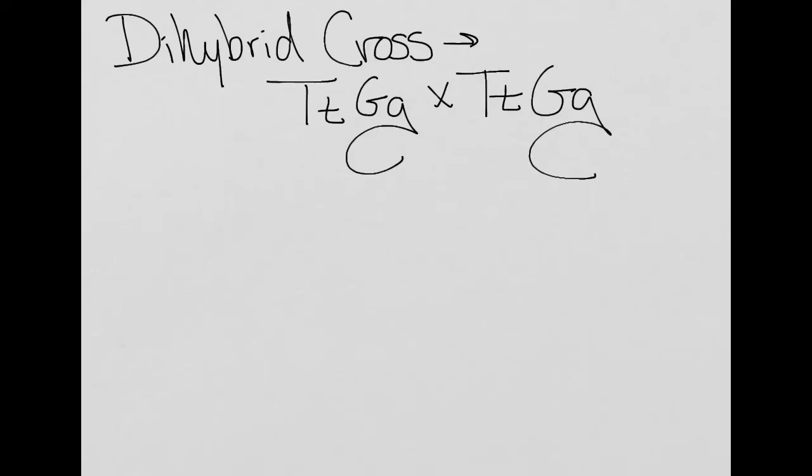All right, so this is the second video on dihybrid crosses, continuing our understanding. In the last video, we talked about what the dihybrid cross was and how it relates to Mendel's law of independent assortment. We also determined how we can find out the gametes for an individual with a dihybrid cross. The gametes for this individual will be big T, big G, big T, little g, big G, and little t,